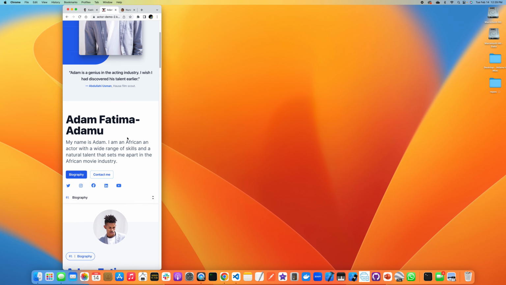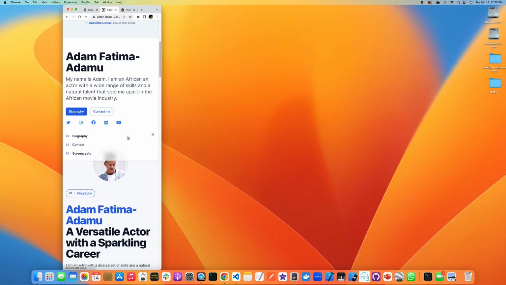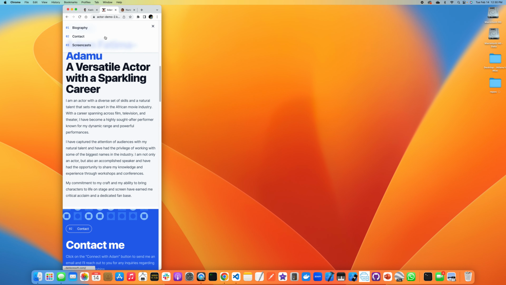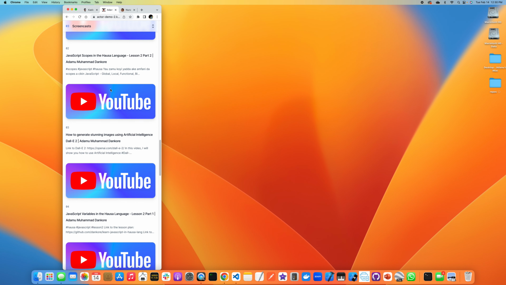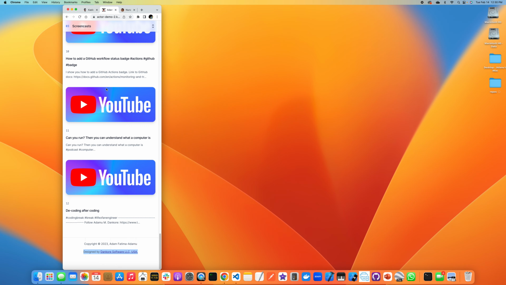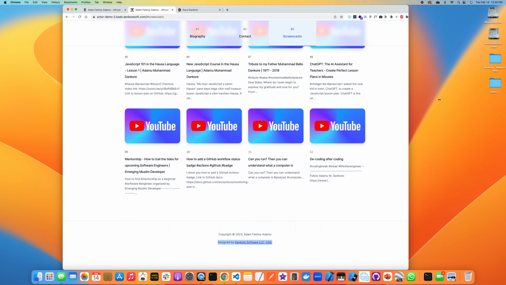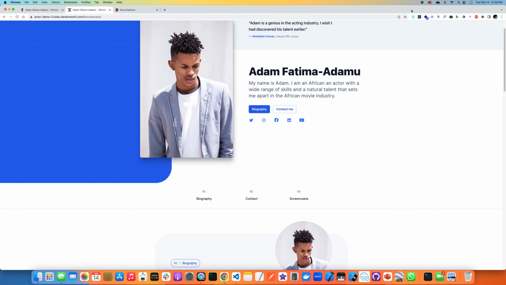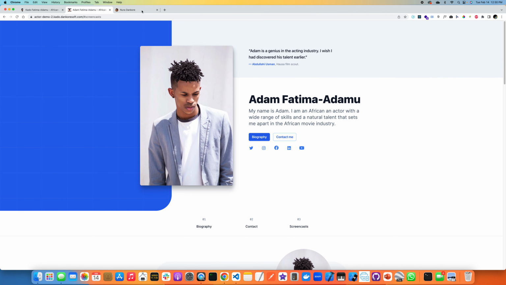Nothing is lost. Nothing is lost. Everything works. This is a very colorful demo if you want to use it, and very clean. So, all right, that is that about this template.